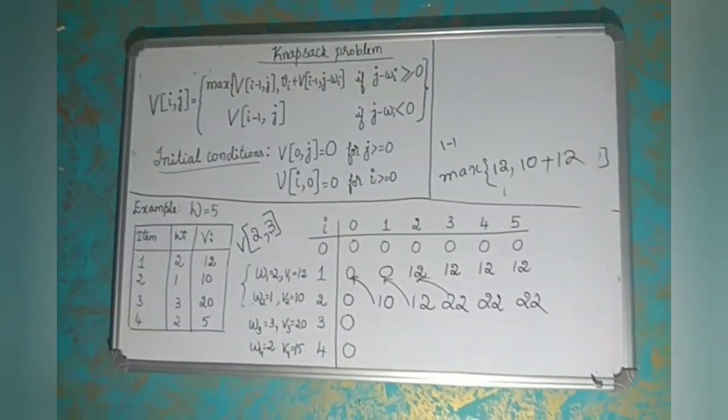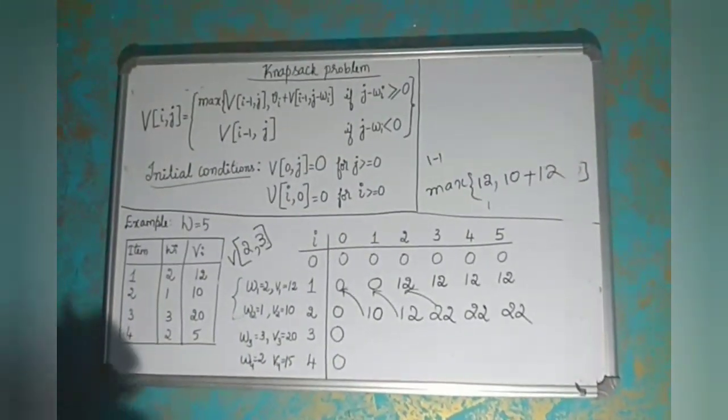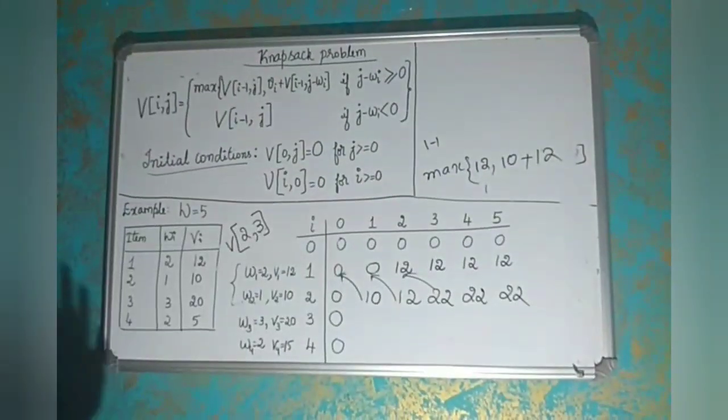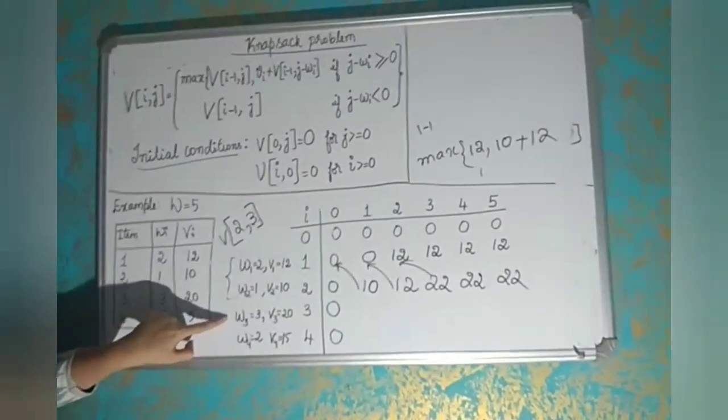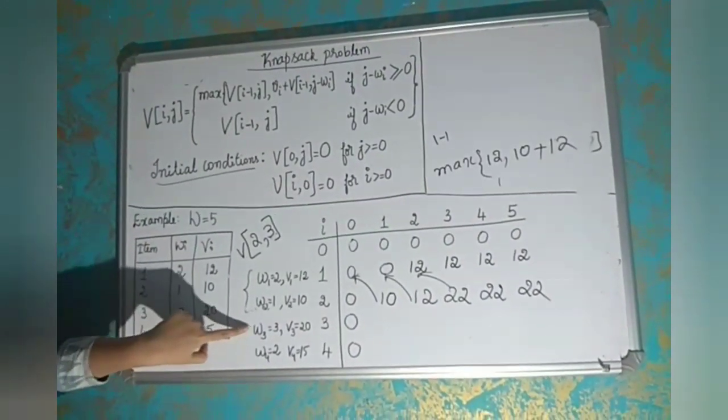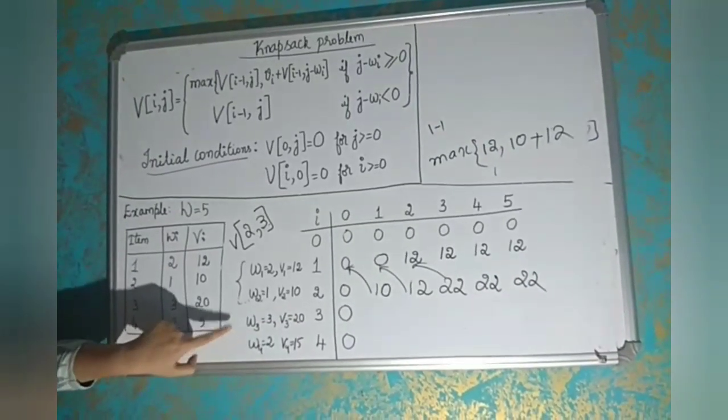So 22 for all the remaining values. You can directly write these values. Similarly, you calculate for the third row, fourth row. So when you consider this fourth